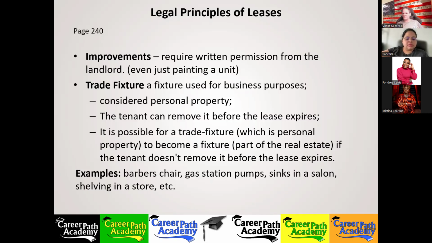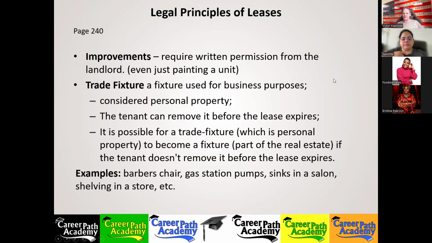Are they able to remove it, or does it have to be written? Yes, it's a fixture. A fixture is part of the real estate. If the landlord gave you permission to upgrade the fixtures, you can't remove them when you leave. You would need the landlord's written permission to do so. And why in the hell would they give that to you?